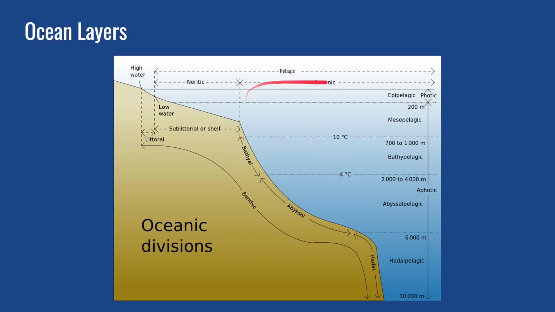And of course, we have the oceanic and neritic zone, oceanic being the open ocean, and neritic being sort of the littoral or continental shelf zone here. And the ocean bottom broadly is called the benthic zone. So things that are crawling around on the ocean floor, like lobsters and so on and so forth, are benthic organisms, whereas things swimming in the water column or floating in the water column, like fish or plankton, respectively,